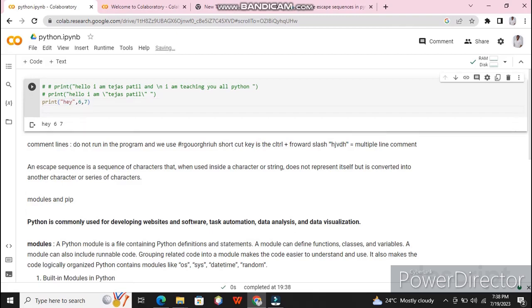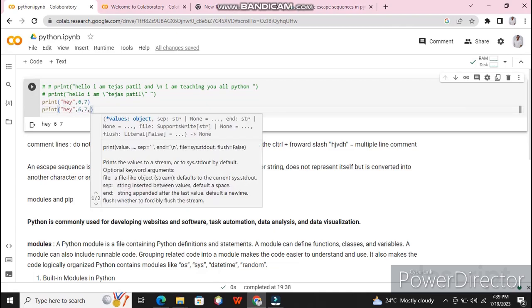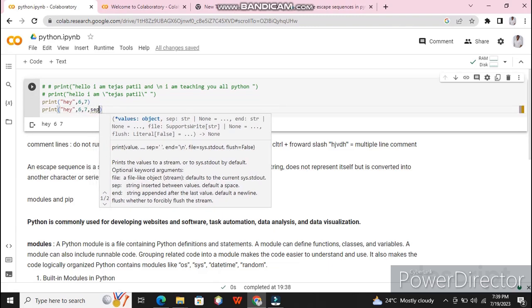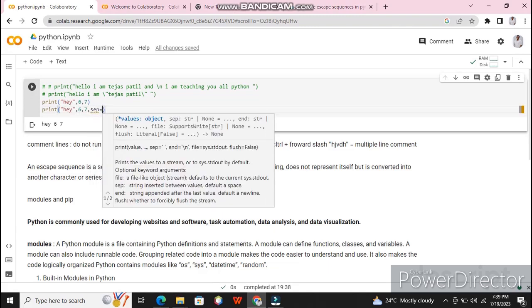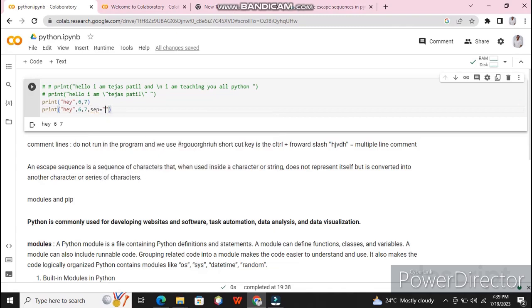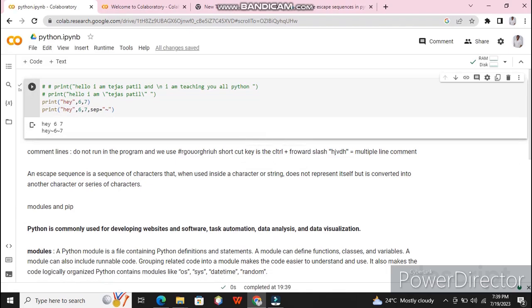Now, one more thing I want to show you all here. Print, and if I again type hey, comma, 6, comma, 7, now give all your attention over here. Now we have this sep, a separator equal to double quotes. Here, if I place any character, let me choose one. If I select this particular character and press enter, see what I got. I got the particular character which I had placed between these double quotes